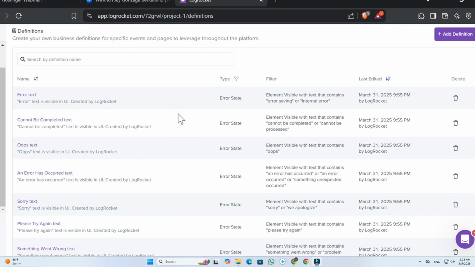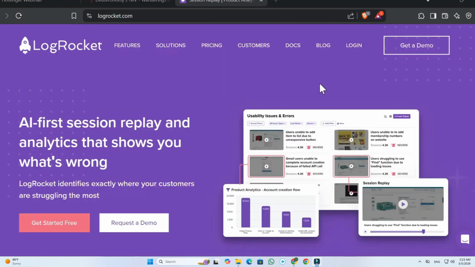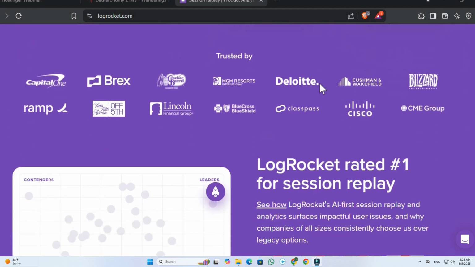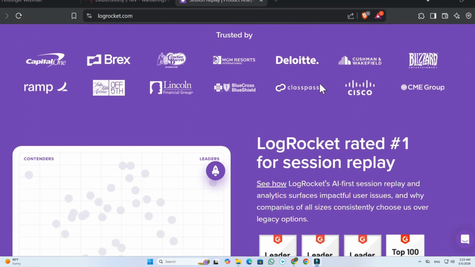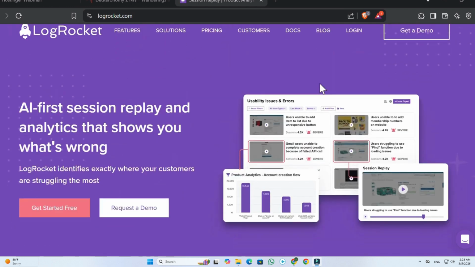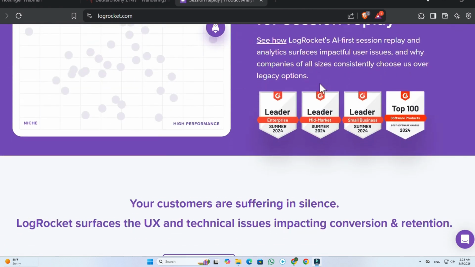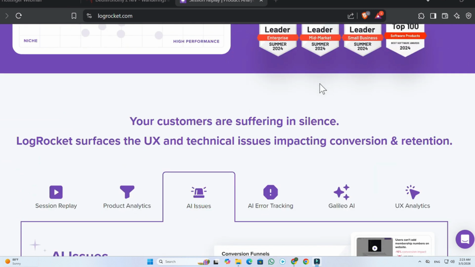LogRocket is an invaluable tool for developers and product teams looking to enhance user experience and optimize application performance. With features like session replay, product analytics, and error tracking, it provides a comprehensive way to understand user behavior and troubleshoot issues efficiently. Whether you are monitoring performance, analyzing user interactions, or fine-tuning your app,